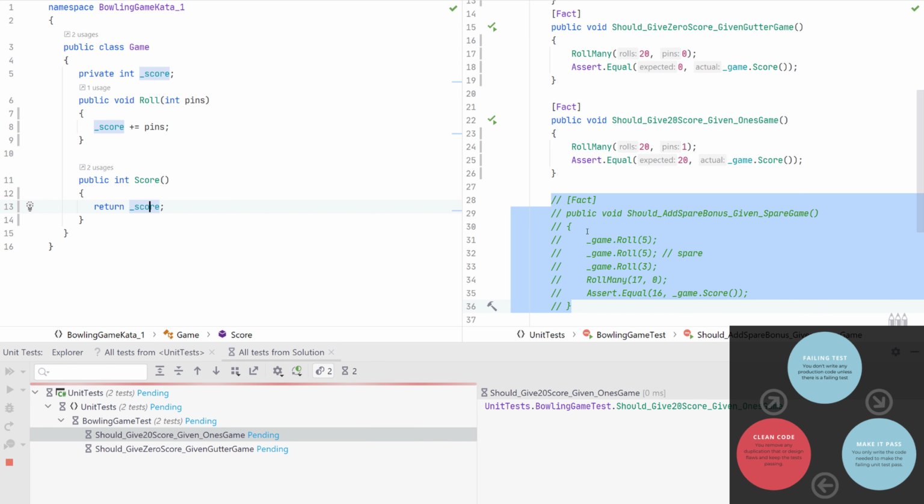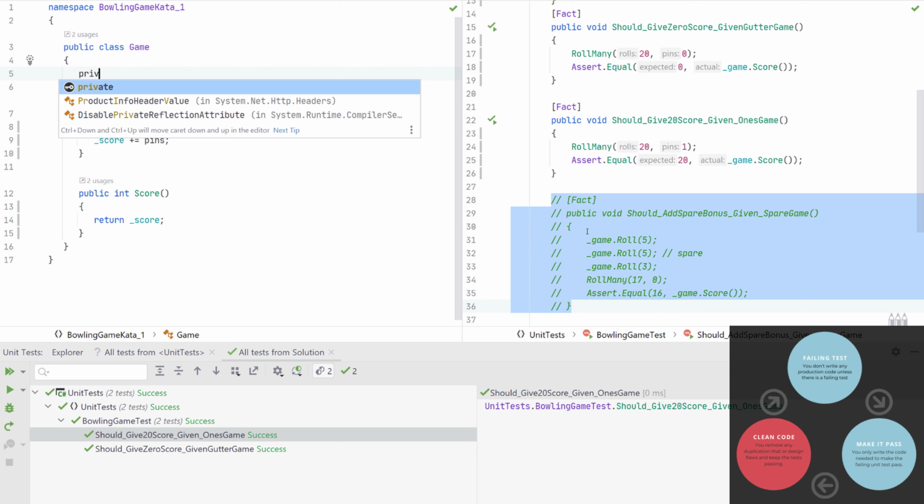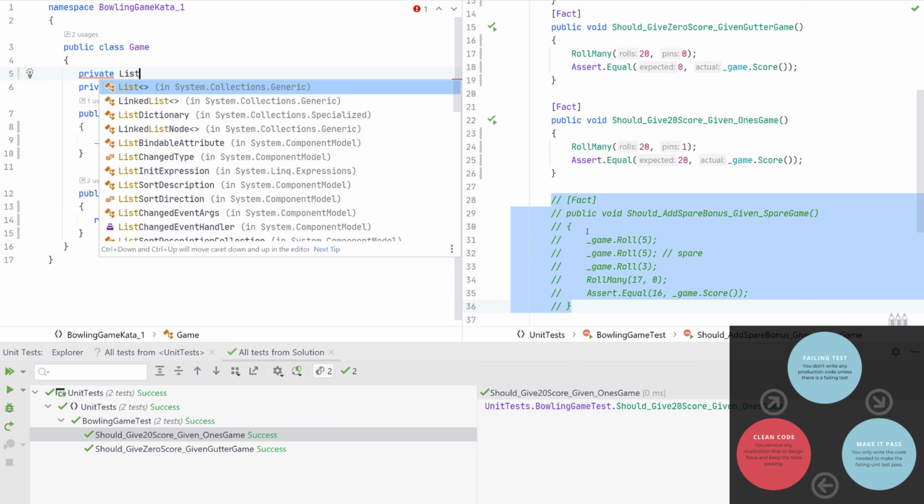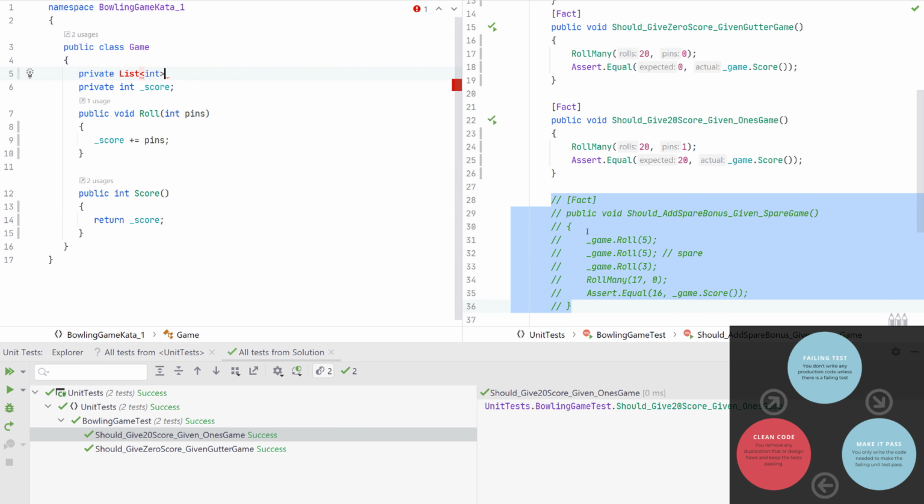So now we have everything passing. So now I can do some refactoring. So I'm going to introduce a list of ints, which is our rolls.